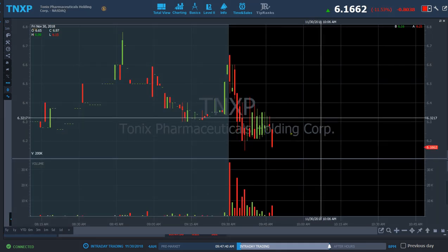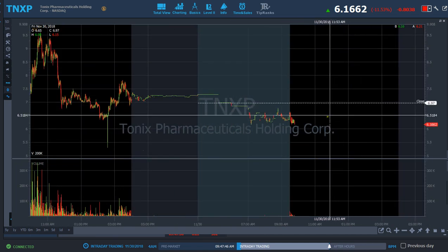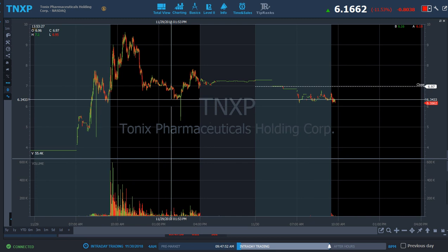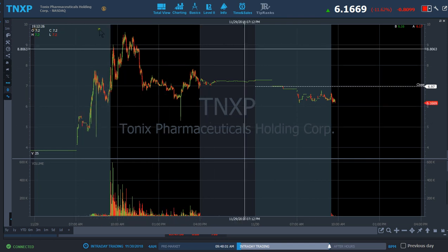So TNXP looks like it's just gonna fall apart here. It's not a play if it does, but it cracked this support level so far. But if it recovers, it can run. Also, it has this little support level from pre-market. I don't think it's significant,